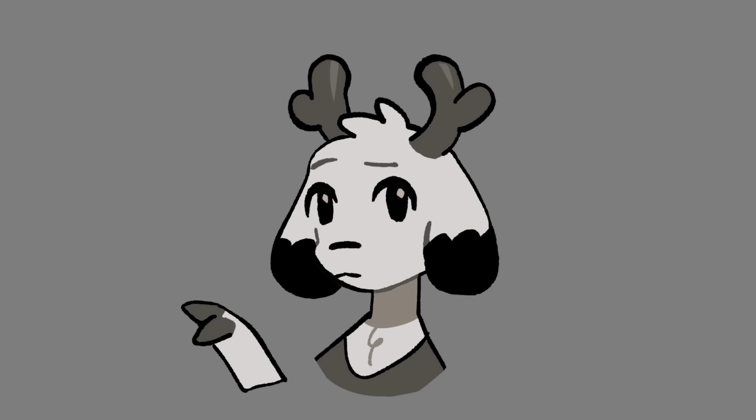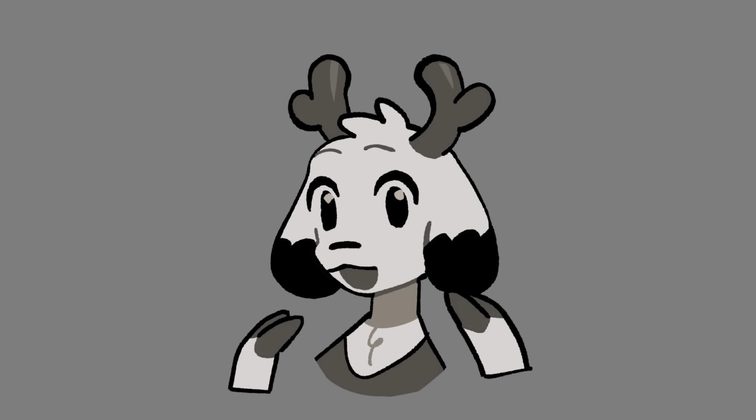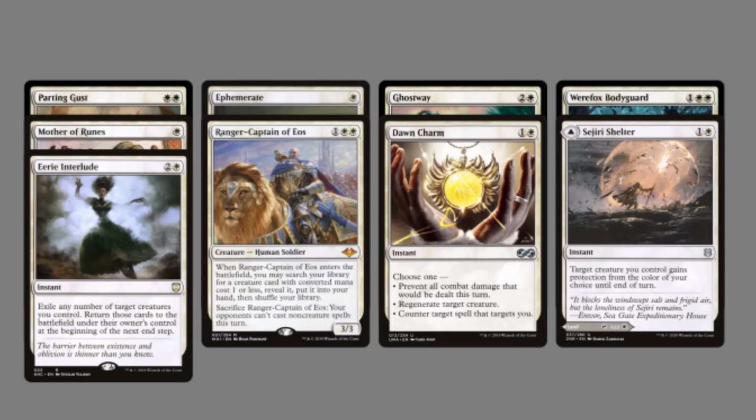It's super easy to get Vilis in play in combo, with something like Sheoldred and Kerrigan and draw your whole deck, but I wasn't really interested in comboing out with the list, and I was a lot more interested in a tempo-based reanimation game plan with a sprinkle of life swapping to close out some games. In this case, Vilis would just be a beater alongside Valgavoth and friends, and I run plenty of protection spells on top of Ailey to keep them safe and sound, like Shajiri's Shelter, Eerie Interlude, Werefox Bodyguard, Parting Gust, and